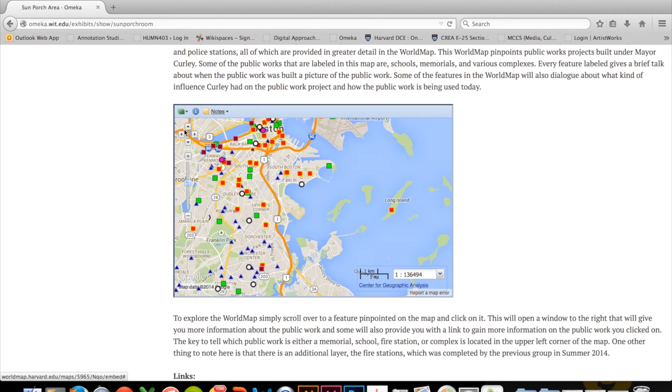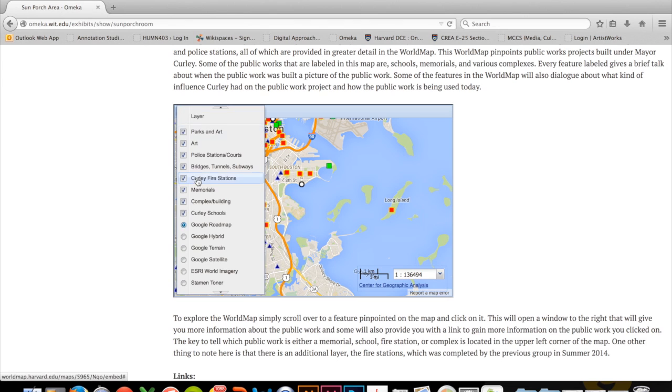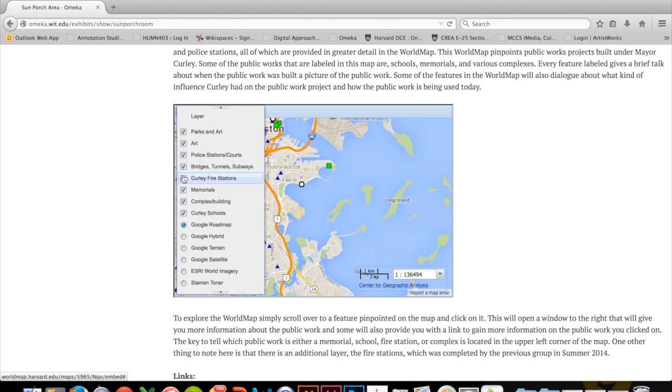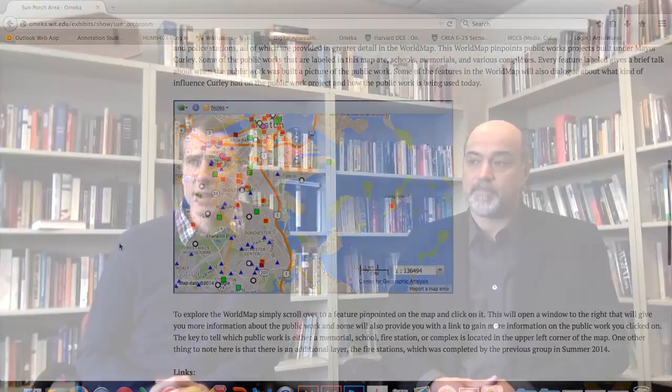But we're also thinking of moving into areas such as annotating Curly's speeches, getting into the types of messages he was trying to get across to the people of Boston, and trying to bring him back to the people to make an argument as to why the Curly House should be preserved and why it should be used by the city in a way that will be instructive to both the community as well as the greater American public that would come to Jamaica Plain and visit this place, because